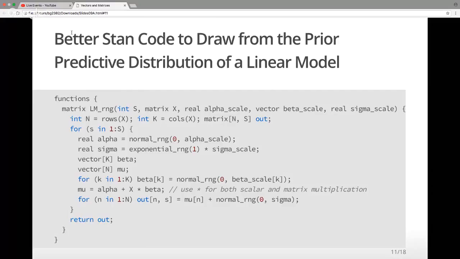Jonathan, you had a question? Yeah, so the alpha, that also refers to prior beliefs right there? Yes. So this is the intercept in a linear model, and we have prior beliefs about all the unknowns,